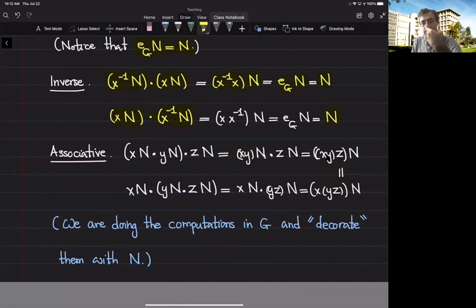Similar as before, we have to use the fact that multiplication of the group G is associative. So we write the multiplication that we are interested in, and notice that we are essentially doing the multiplication inside G and decorate it by N, so to speak. So Xn · Yn is simply XYn, and then · Zn, that means I'm multiplying XY by Z and then